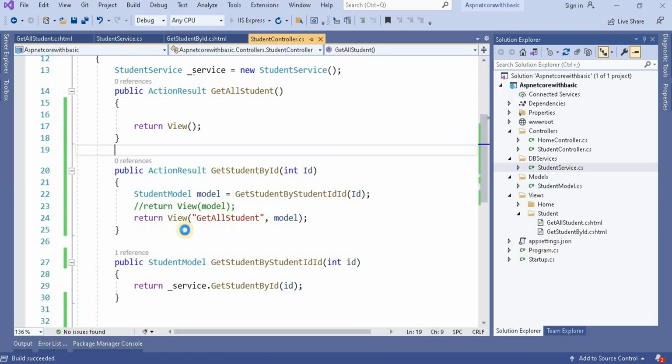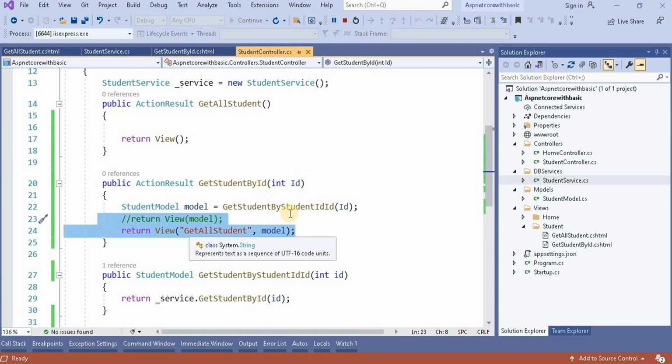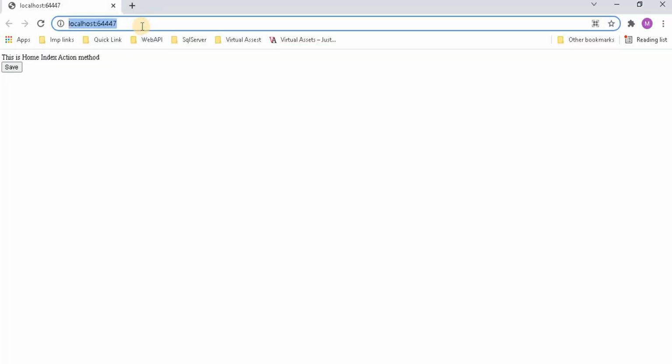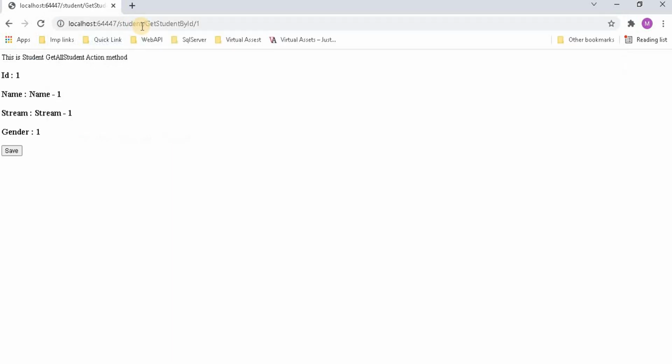Currently what we are doing is passing the get all student view with the model. So let's open it and call this view. It will navigate to this particular view. So now from here, let's navigate to get student by ID 1, and where we are going is the get all student action method.